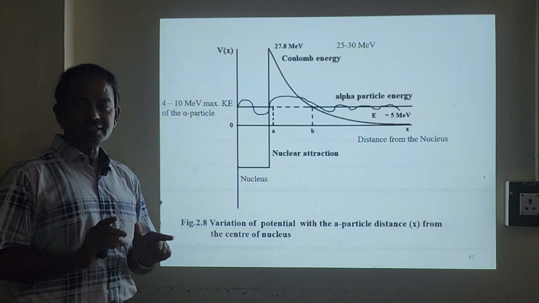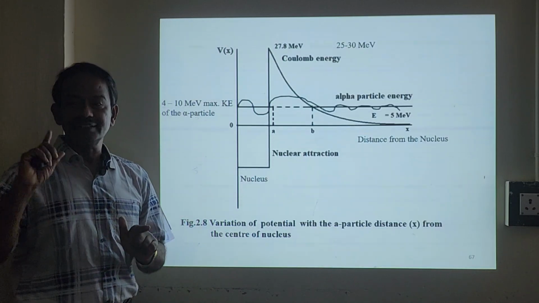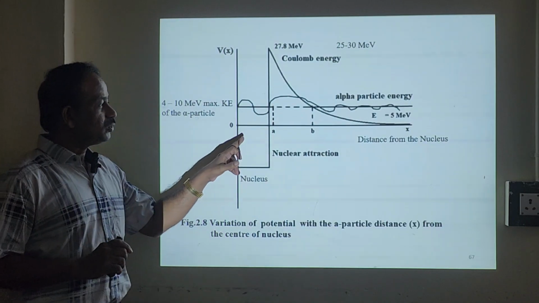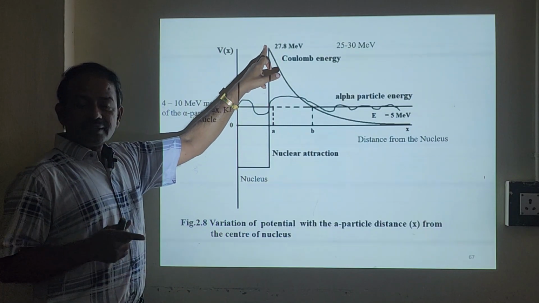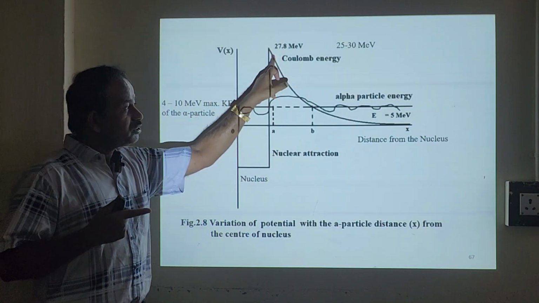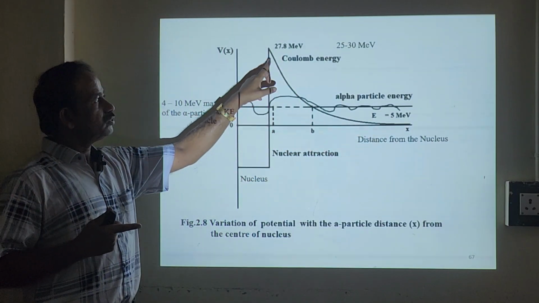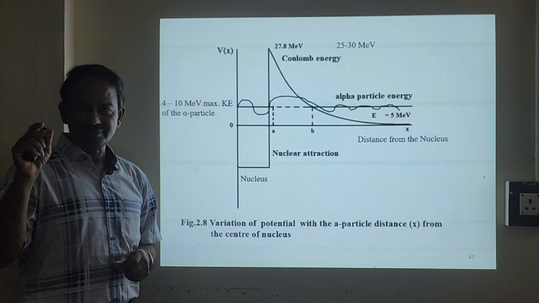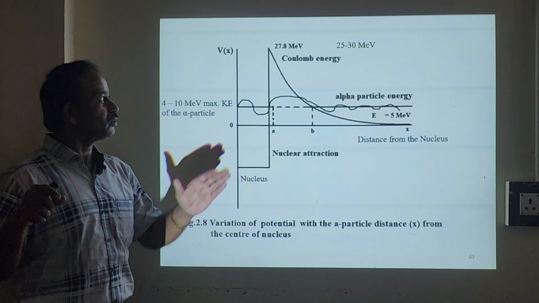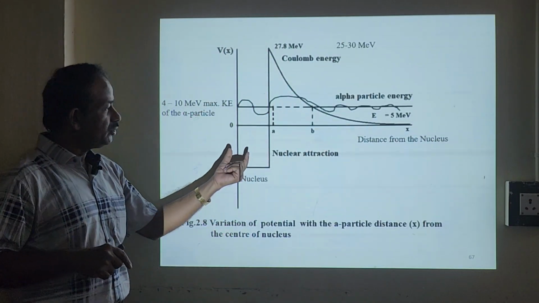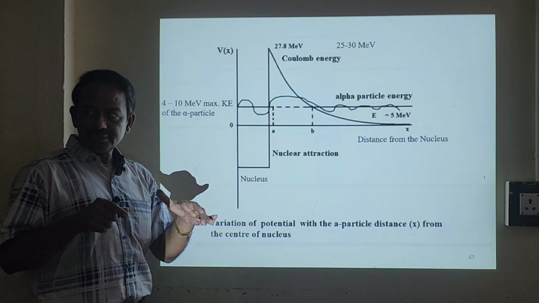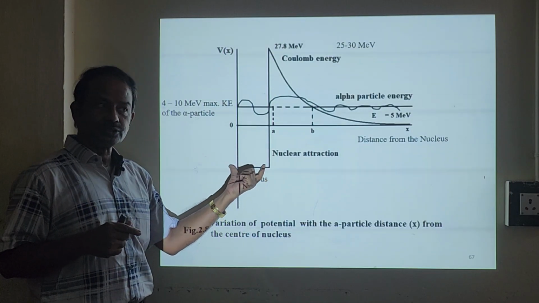Now, if the case is A greater than 210, they are all unstable, just now we discussed, correct? So what happens is the Coulombic force will dominate. This graph is nothing but minus e squared by 4 pi epsilon naught r, minus 1 by r. So this is the Coulomb force. The nucleons are confined within the nucleus. This is the model which we have assumed, a square potential well.